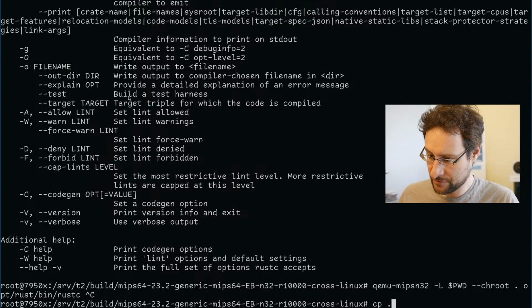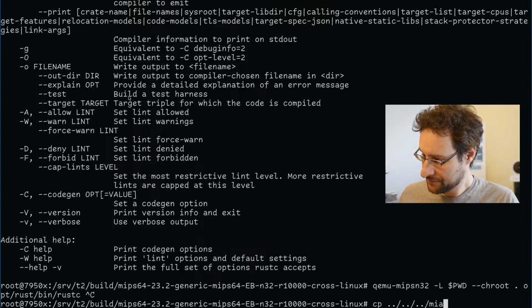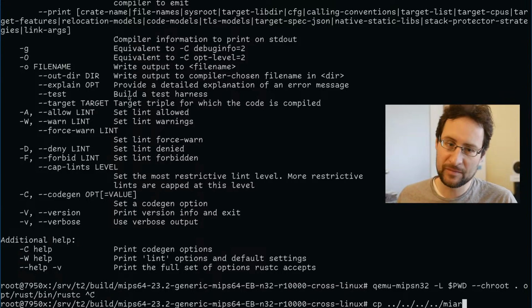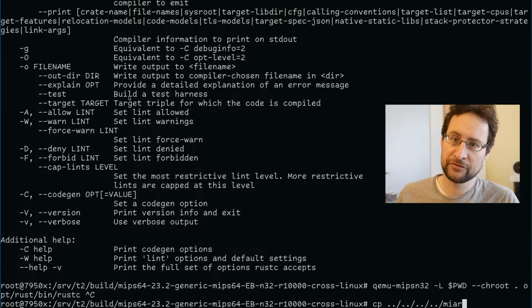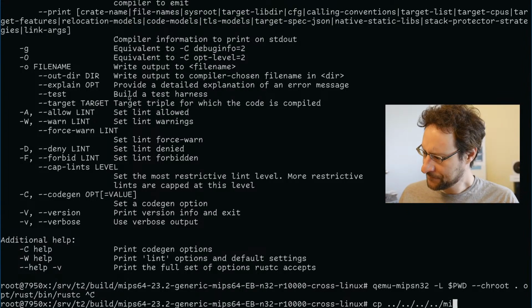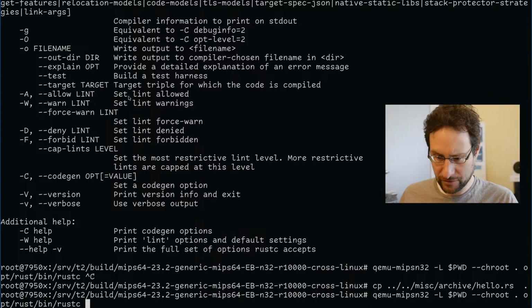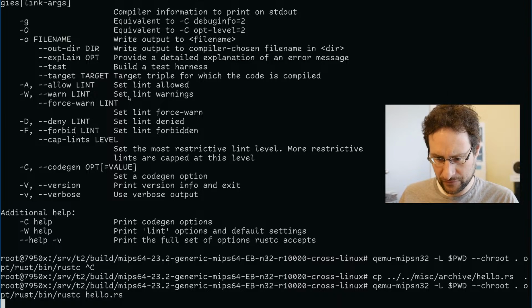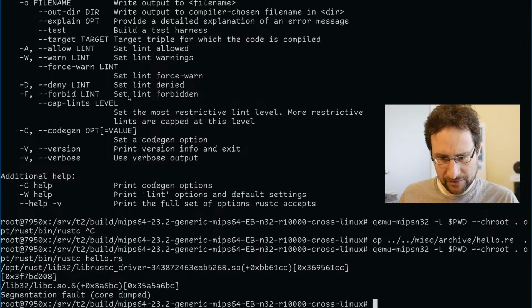We could check this if we copy our MISC archive, but I don't have the highest hopes. The problem is that if you re-execute stuff in QEMU, then you get the native system call, and then you cross-compiled stuff. 1, 2, MISC archive, hello, Rust. But yeah, this will probably not work. Wait, not even sure if that worked. No, segmentation fault.